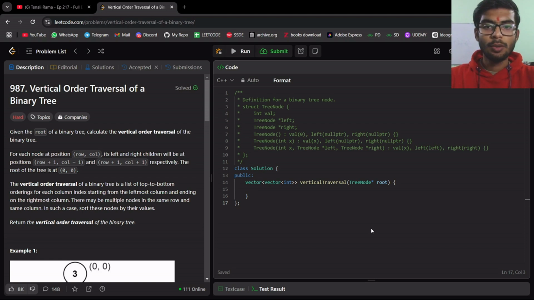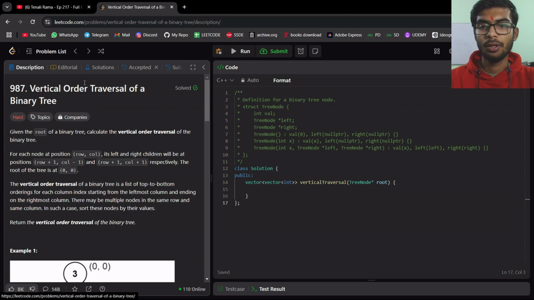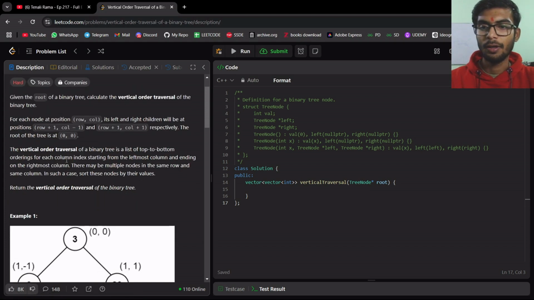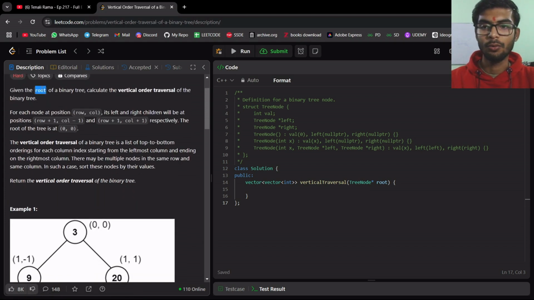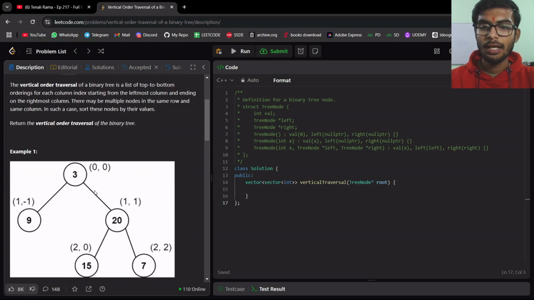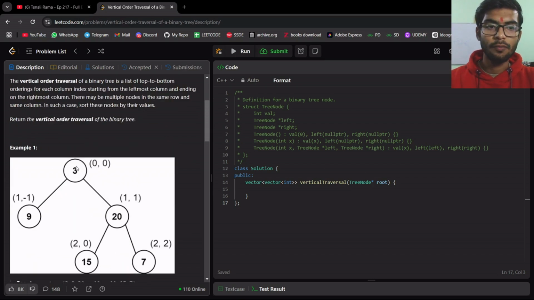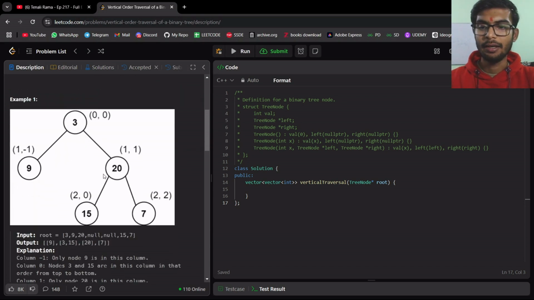Let's just go through the problem statement of this particular problem, and then let's try to relate a lot of things over here. So this is marked as a hard one on LeetCode, vertical order traversal of a binary tree. We will be given a root of the tree, and what they have mentioned is the coordinate of the root will be 0 comma 0, and the coordinate of the left child of the current node or the root